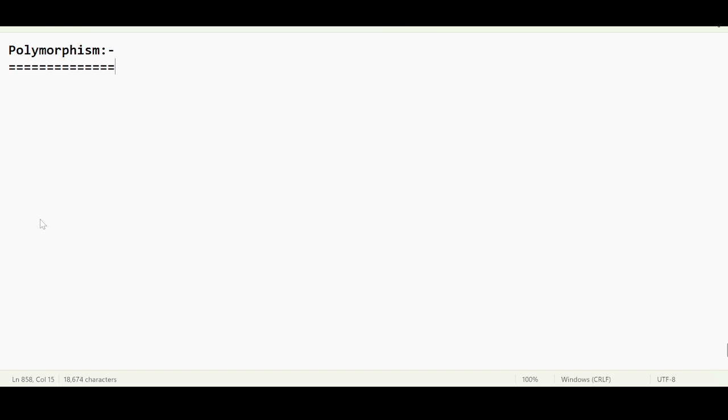Polymorphism is one of the important features in object oriented programming. So I can say that